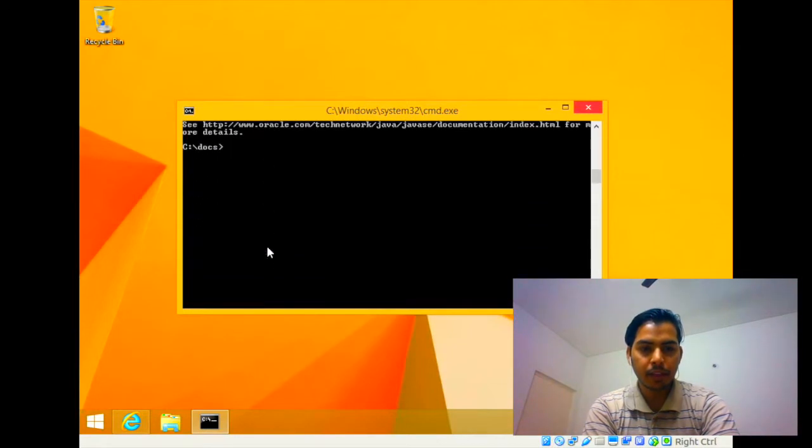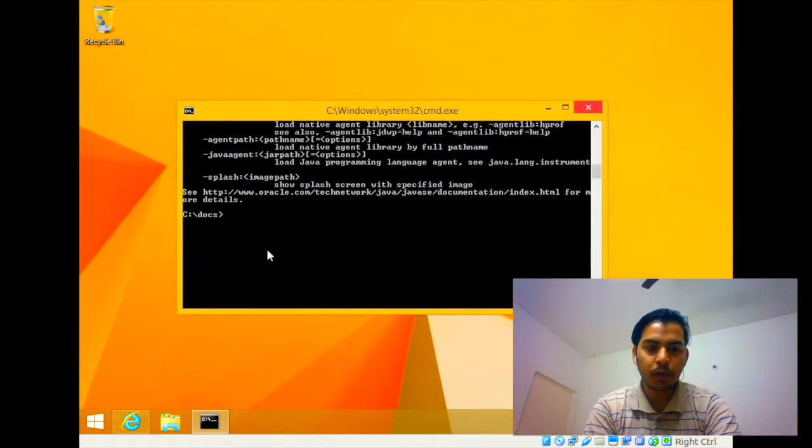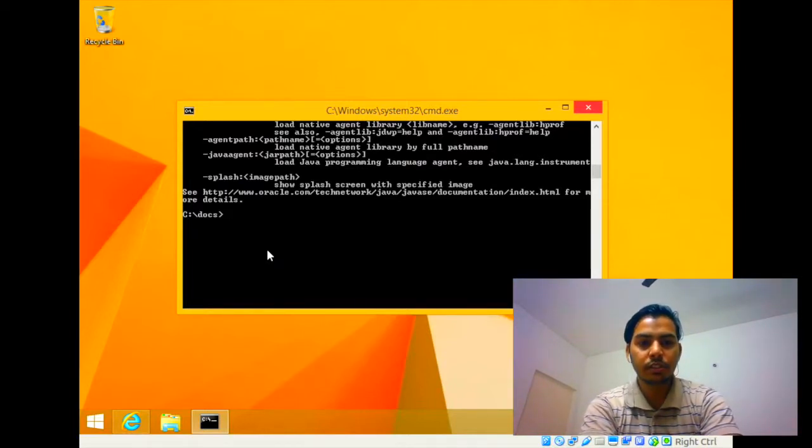Okay, now to compile some files from text file to Java binary code, that is known as bytecode in Java, we use program javac, that is Java compiler.